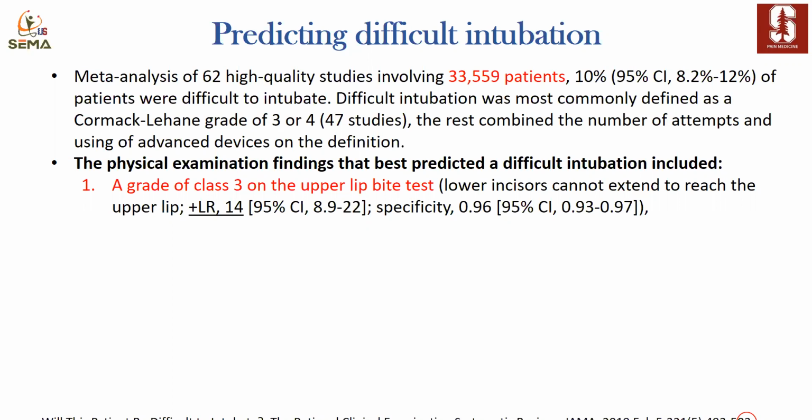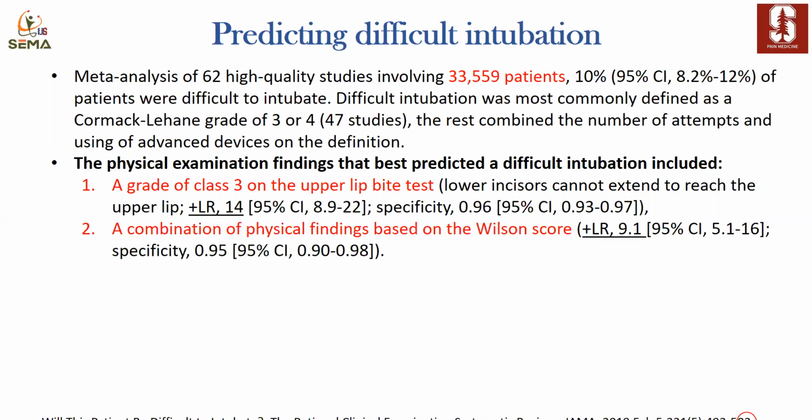So this is why I am interested in specificity, because I want a higher rate of true negative. So if this specificity, for example, is 96%, it tells me that if the test is not positive, the patient will not have a difficult intubation, and I am more reassured. But I'm okay if the sensitivity is low, because I would like to be over prepared than under prepared. I hope I explained it well, and I'm sorry if I confused you. But the next one here is